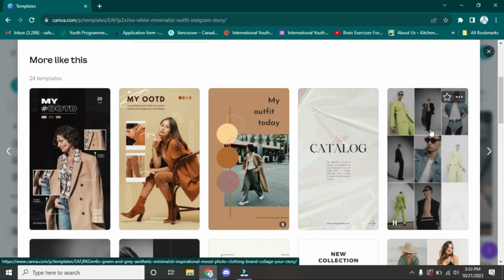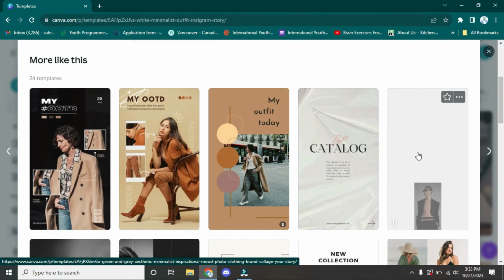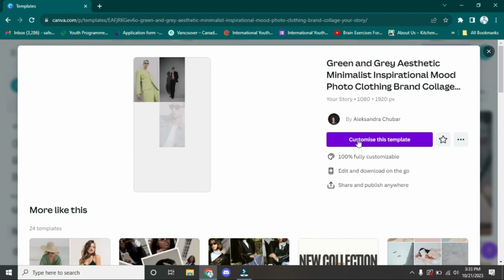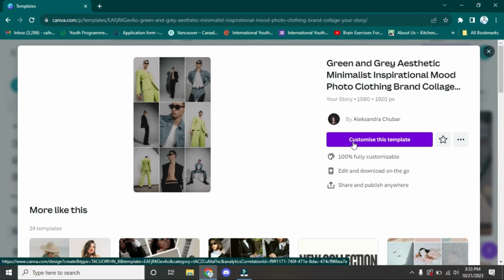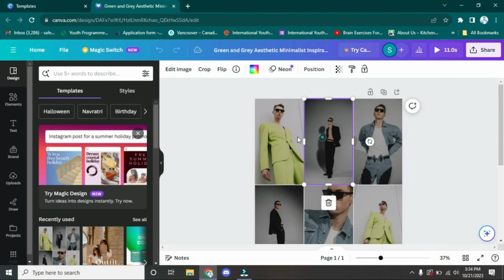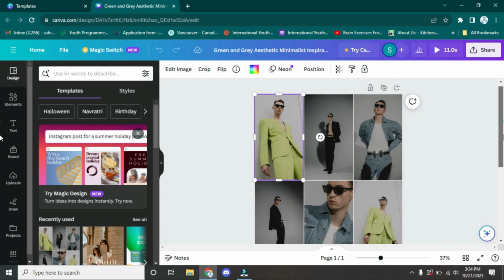For example, I'm going to use this video. You can use this video too. You have to click on the video. Now you have to again click on customize this template. As you can see, the video has some pictures, so if you want to change the pictures, you can easily do